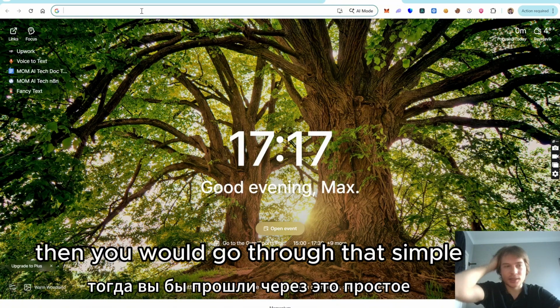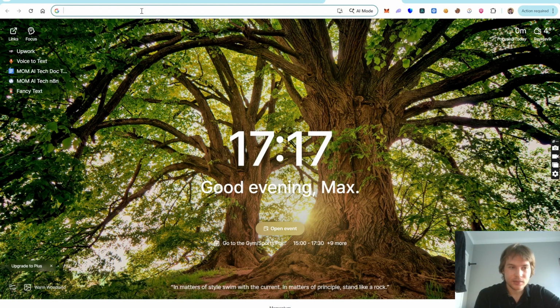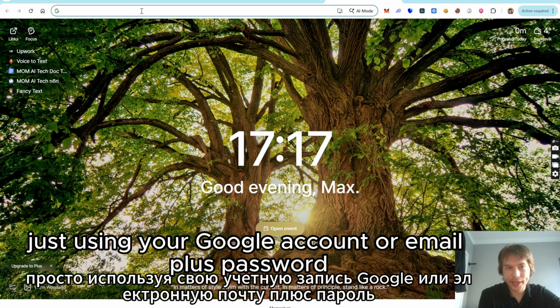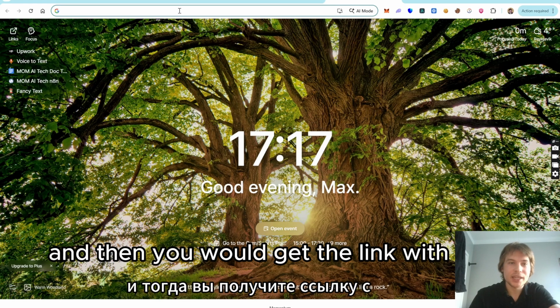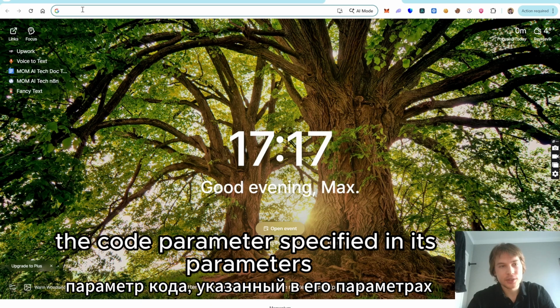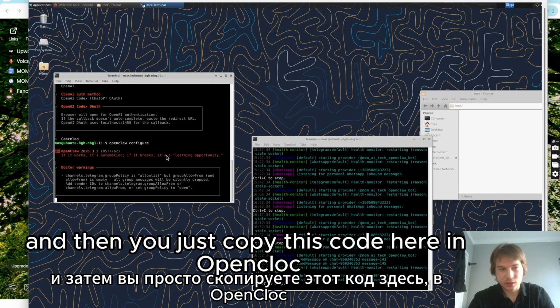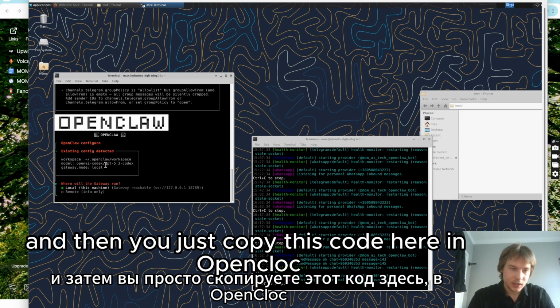Then you would go through that simple authorization process, just using your Google account or email plus password, and then you would get the link with the code parameter specified in its parameters. And then you just copy this code here in